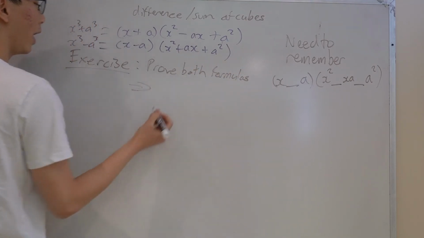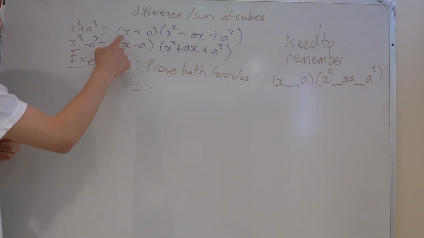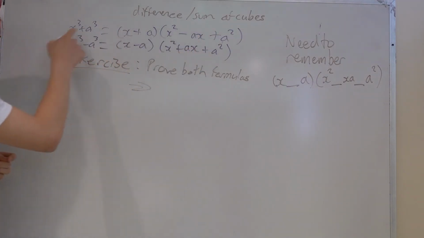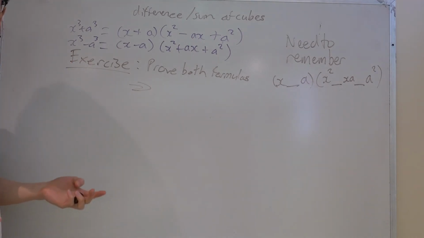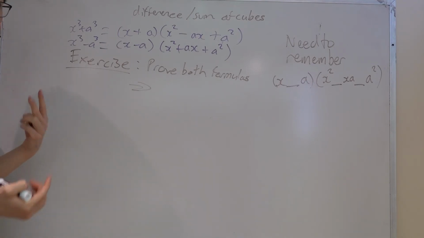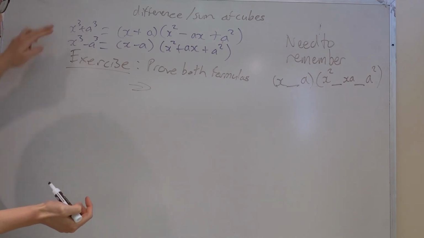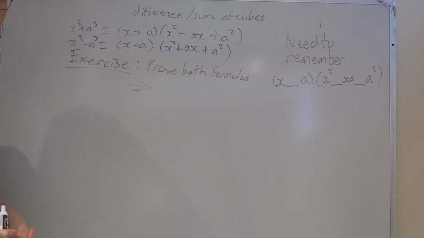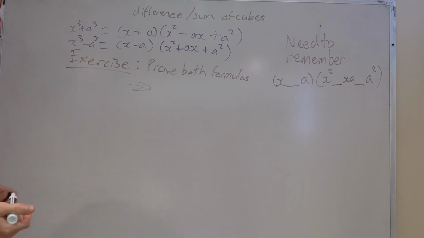Okay? And in case you don't know how to prove it, all you have to do is multiply this thing out and show that it's the exact same thing as this, and do the same thing for the second one. If you're really comfortable with your expanding and factoring, you don't need to do both, but if you're having a little bit of trouble, like let's say you made a mistake doing the first one, I would recommend that you go through both and make sure that you can do them well. It's a good exercise in expanding and factoring. Okay, so once you've proven both formulas,